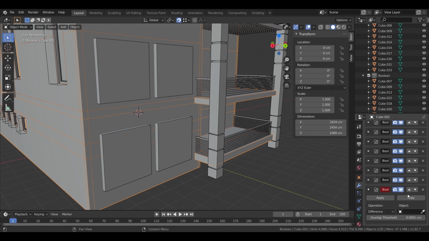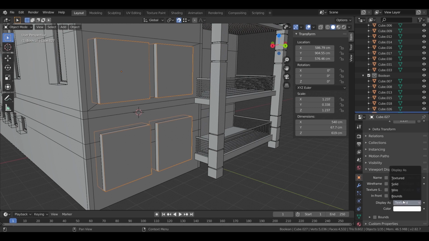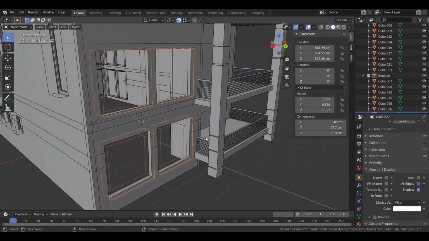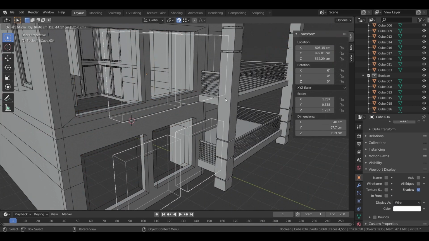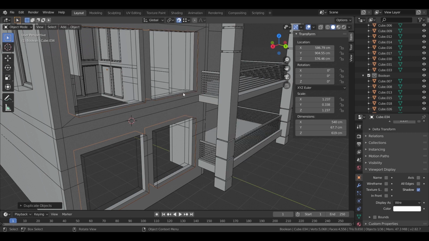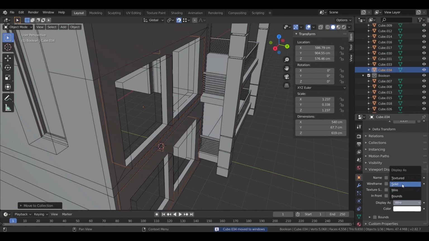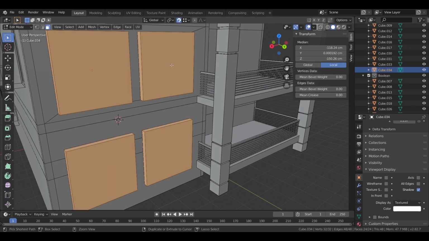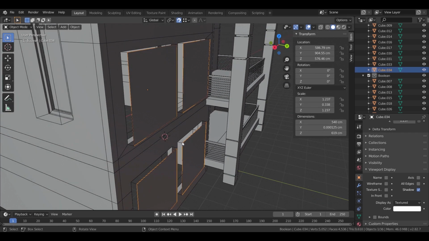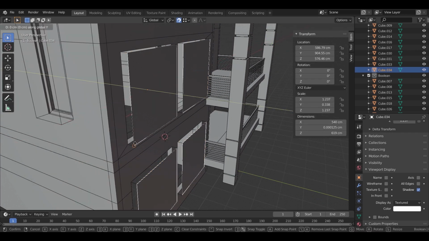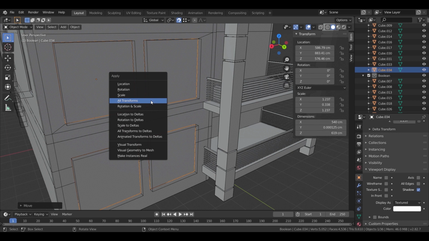Select the walls and add a Boolean modifier. In the object section of the Boolean, select the cubes we joined earlier, then turn display for them to wire, make a copy of them with Shift D, turn back the new copy to texture in display, go into edit mode and delete all faces but the ones in front as shown. Snap them now to the walls, and before continuing, as always, get out of edit mode and hit Ctrl A